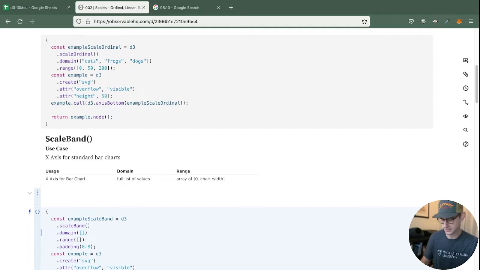So again, let's go cats, dogs, frogs, and let's give a range of 0 to 200. Just like the other one, this will have cats at 0 and dogs at 200, and it should have frogs at 100. So kind of evenly spaced in the middle. Boom. Okay. So the other cool thing with scale band is you can actually specify how much padding you want